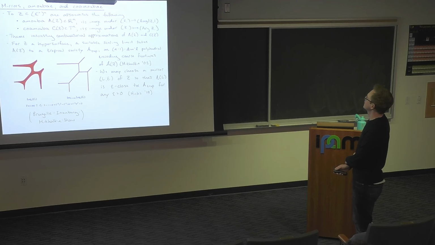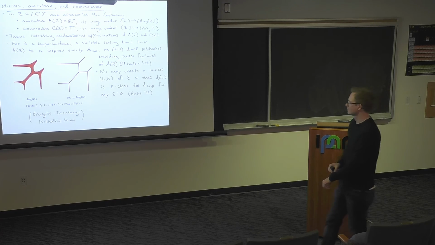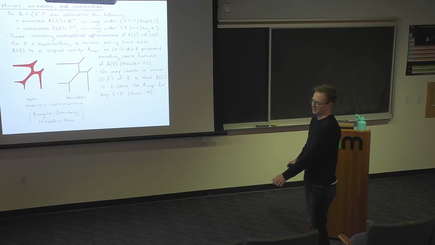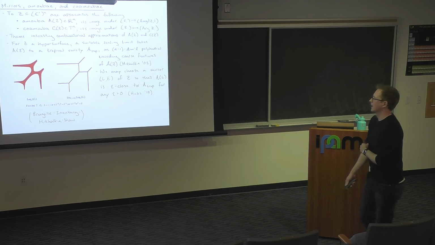Okay. Can you tell me what A of L is? So that's my general notation for when I have a subset of C star to the n. Remember, that's self-mirror, so I can still think of L as still... Oh, it's still self. Yeah, more precisely, it's in the dual torus, but I'm identifying them coordinate-wise. But so it's still the kind of thing that this expression A of L makes sense for. All